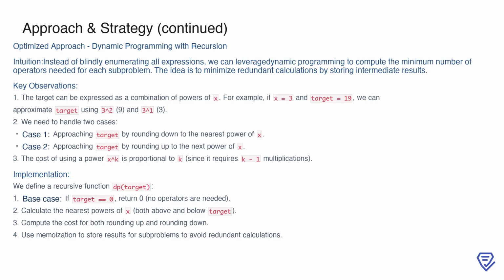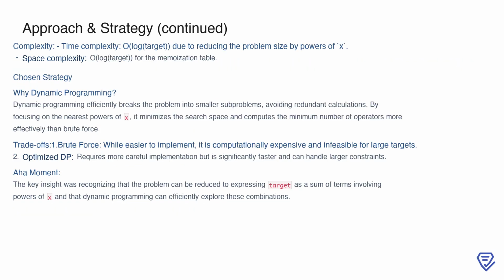For all other cases, we calculate the nearest powers of x, compute the cost for both rounding up and rounding down, and store the results in a memoization table to avoid recomputing the same values. This drastically reduces the number of calculations required compared to brute force. In terms of complexity, this dynamic programming approach is significantly more efficient. The time complexity is proportional to O(log target), because we reduce the problem size by considering powers of x, which are logarithmic in nature. Similarly, the space complexity is also O(log target), due to the memoization table that stores intermediate results for the